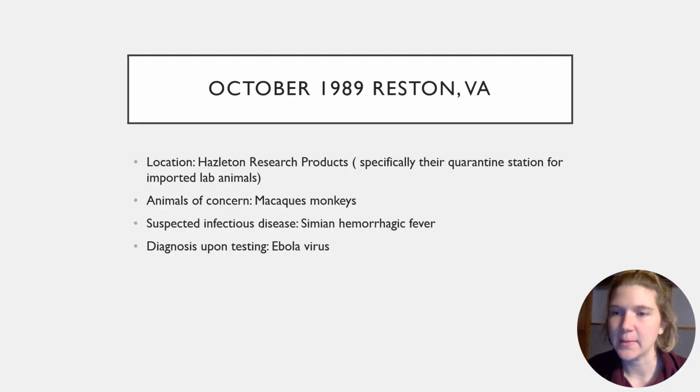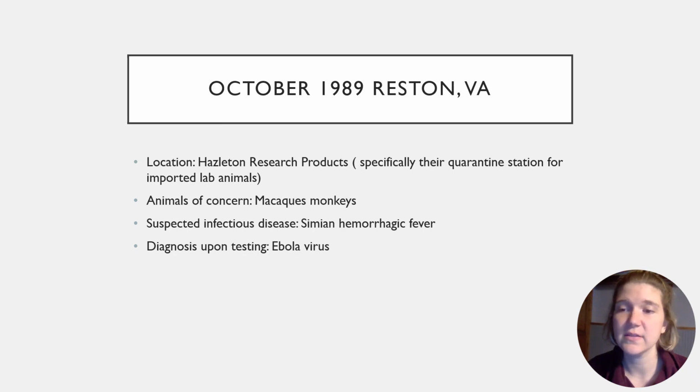Now that we've taken some time to gain background knowledge on Ebola, its signs and symptoms, vectors, and methods of transmission, we'll return to Reston, Virginia to discuss the 1989 outbreak that occurred there. At a research lab in Reston, Virginia, a shipment of crab-eating macaque monkeys arrived from the Philippines and subsequently began